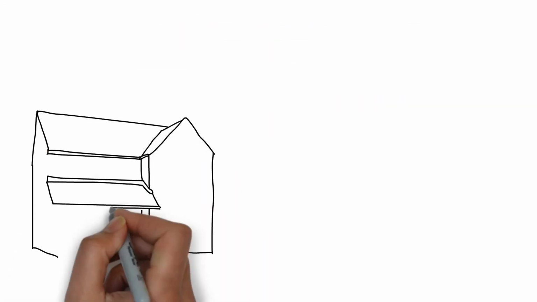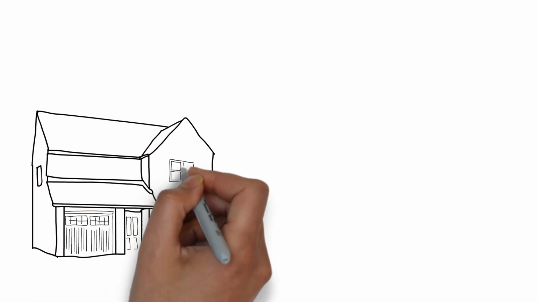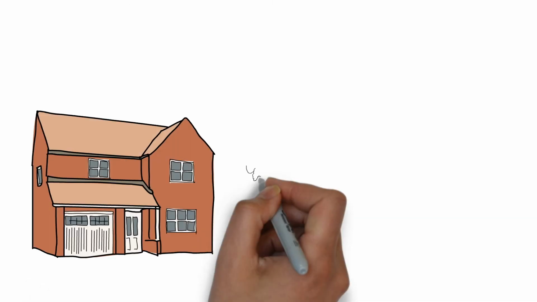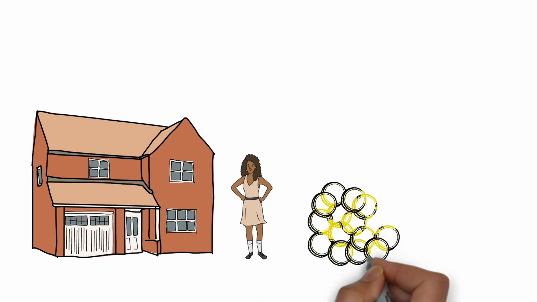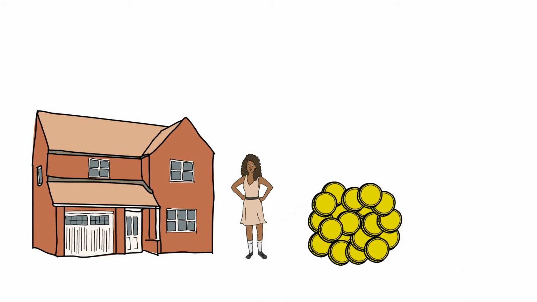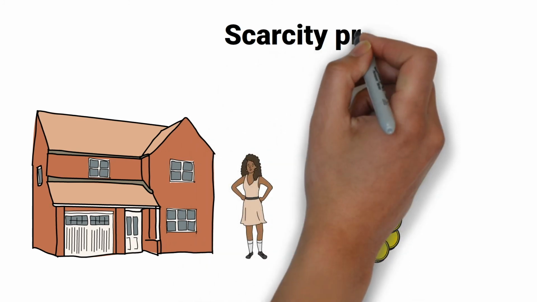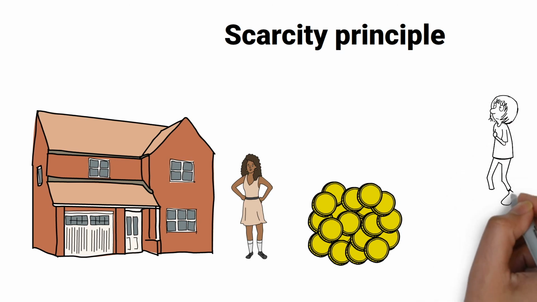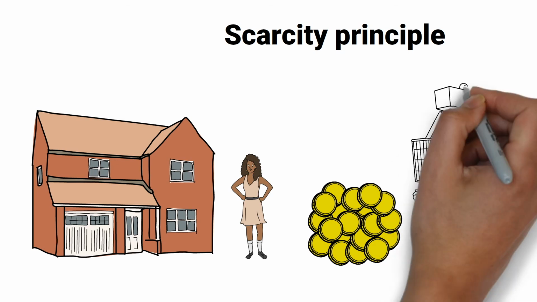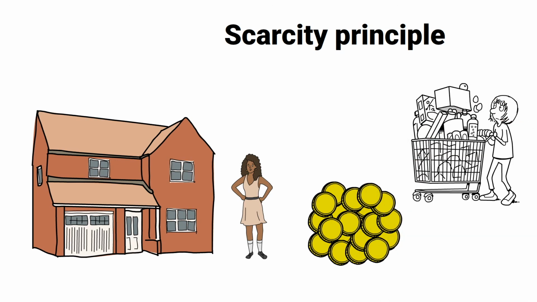There was an experiment where homeowners were told how much money you could lose if you didn't properly insulate your home. They are more likely to insulate their homes than those who have been told how much money they can save. This principle is called the principle of scarcity. This principle is often used by sellers when they say that a product is available in limited quantities. The thought of a possible loss has more influence on people than the thought of gaining something.